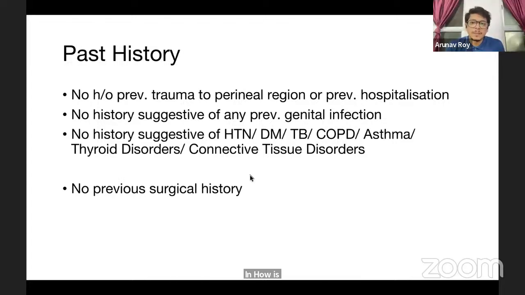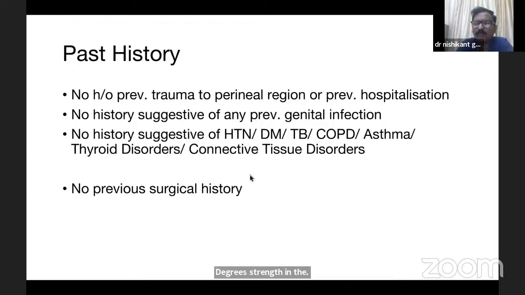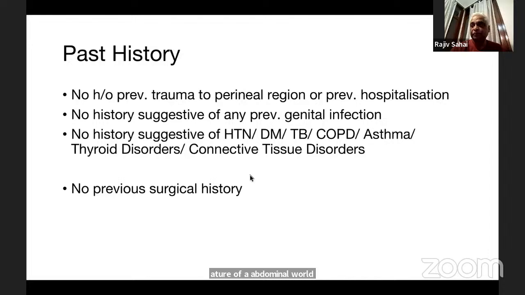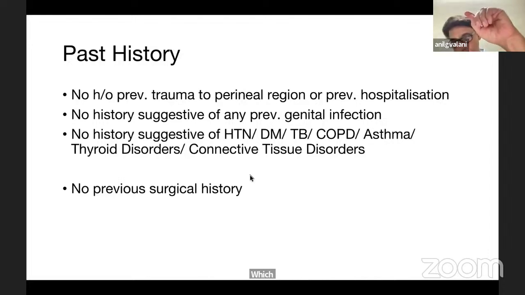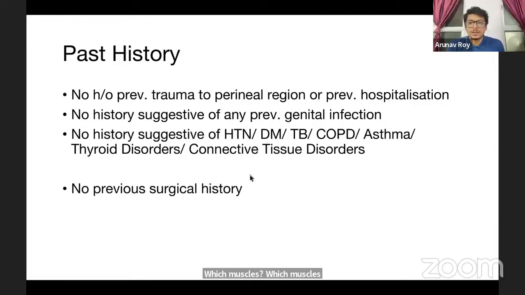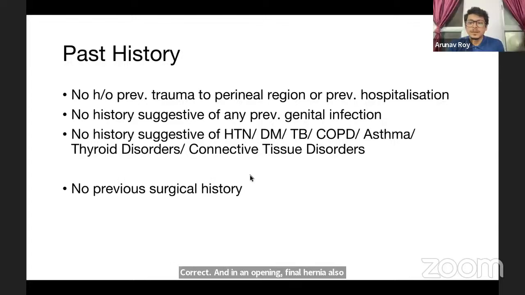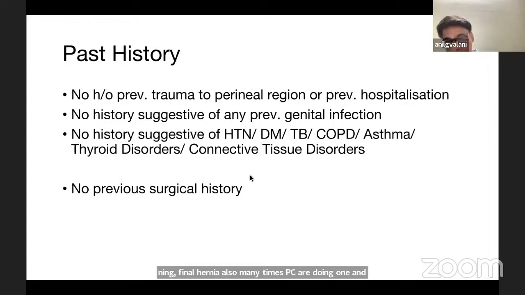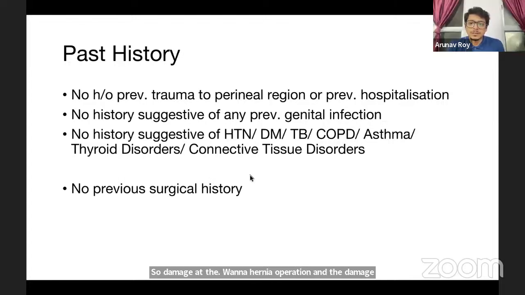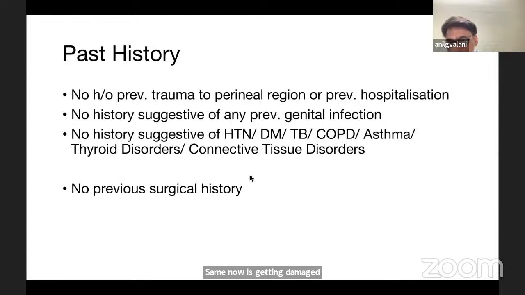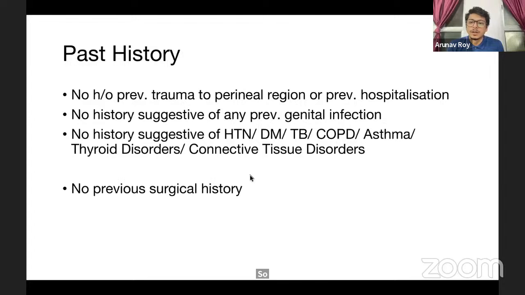So in case during an appendectomy, there's damage to the ilioinguinal nerve, sir. It may lead to decreased strength in the musculature of the abdominal wall. Which muscles? He can't be beating around the bush. Ilioinguinal nerve damaged in McBurney's appendectomy, correct? Yes, sir. And in an open inguinal hernia also, many times we see the ilioinguinal nerve and we damage it. So damage at the inguinal hernia operation and damage at the appendectomy operation, same nerve is getting damaged. Yes, sir. So why should it produce hernia? Because the motor fibers are present at the level at which we're giving the McBurney's incision, whereas in the inguinal